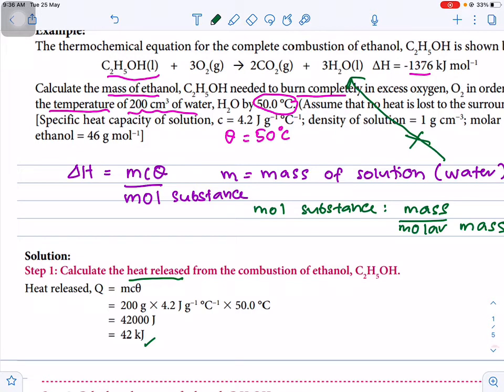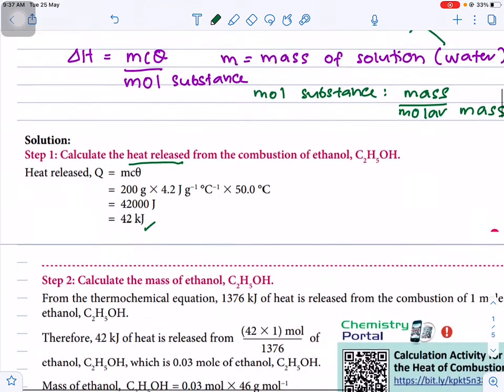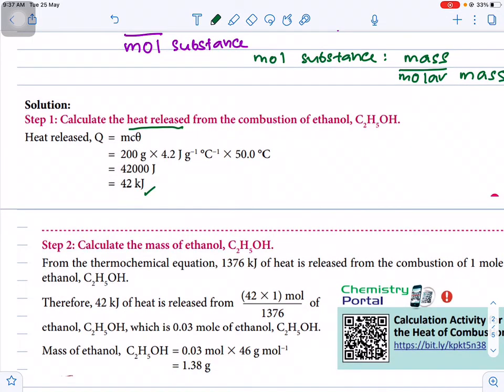Okay, so this is the Q. The question is asking you about the mass of the ethanol. Okay, this is Q equals MC theta. So how can we get the mass of the ethanol? Okay, so from the thermochemical equation, we'll know that